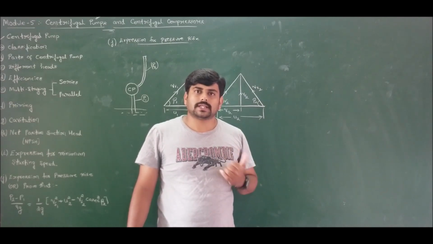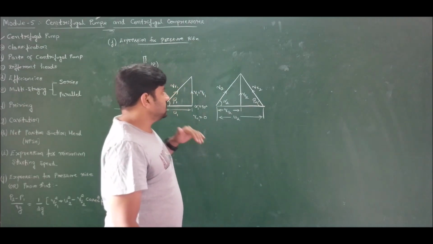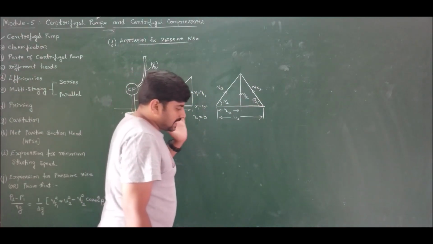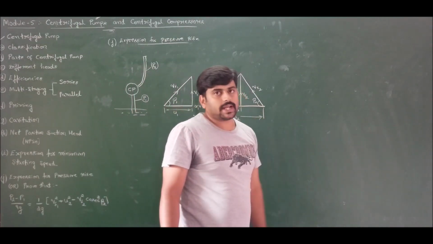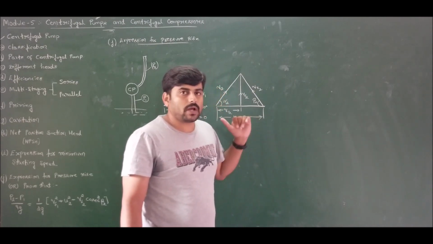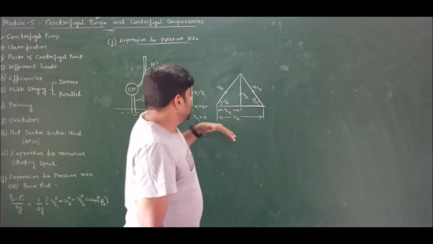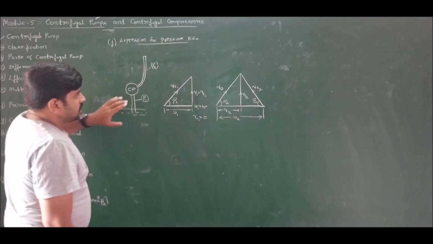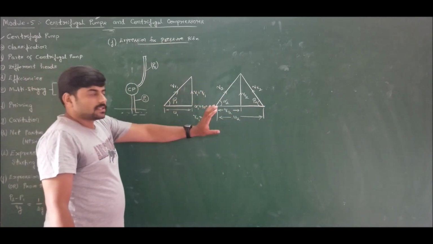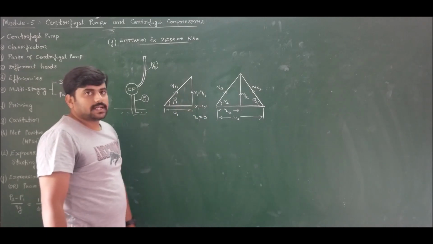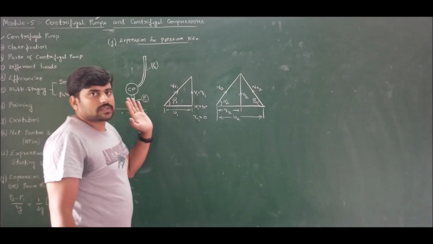I think 12 or 13. So if you refer that lecture, I have used and explained the different types of velocity triangles for centrifugal pumps, for backward curved vane, radial vane and for forward curved vane. Here we have used the general velocity triangle of power absorbers, and for centrifugal pump you know that alpha 1 is 90 degree, that's all. We got the velocity triangle.